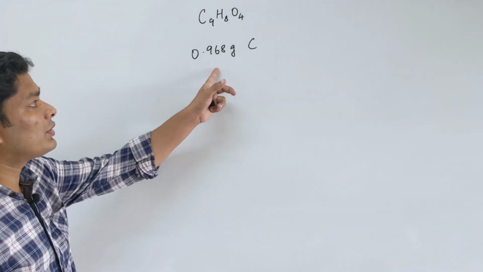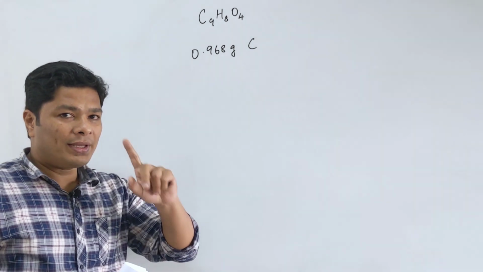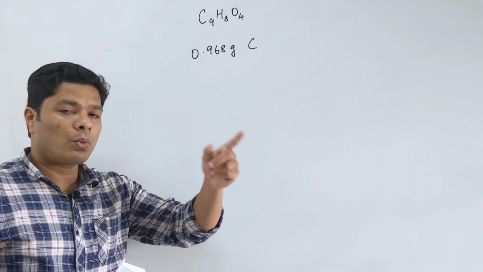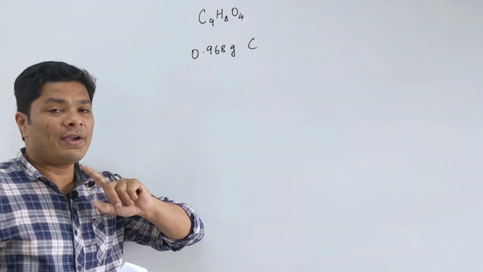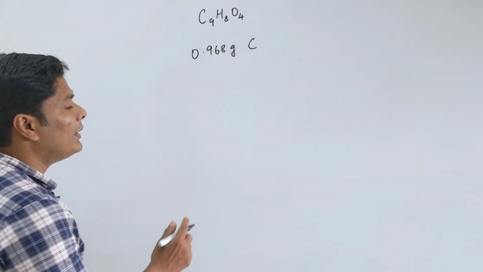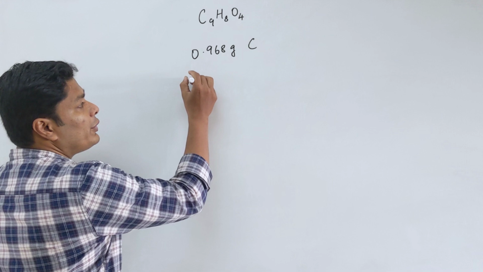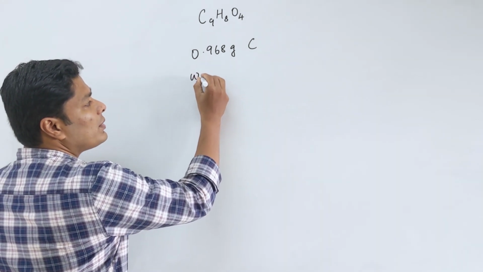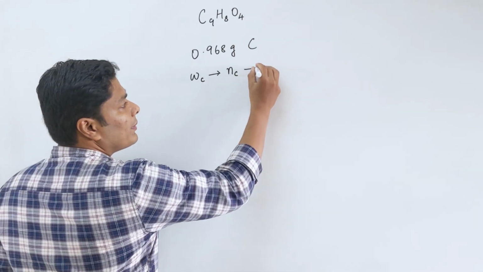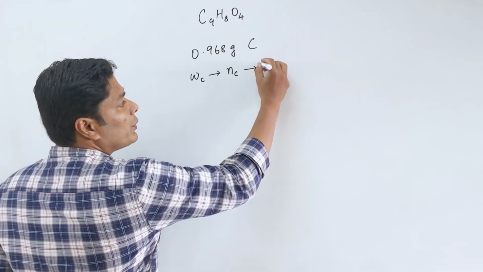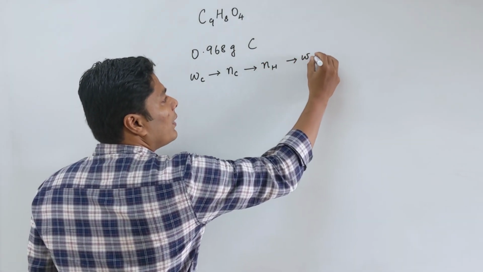So they give the mass of carbon and ask for the mass of hydrogen. I told you that in chemistry, when writing the schematic, the one thing that connects one element to another, one molecule to another, reagent to product or reagent to reagent, as we saw in limiting reagent, is moles. So we need to convert this to moles. I need to calculate the weight of hydrogen. This is the schematic: from the weight of carbon we calculate moles of carbon using molar mass. Then using the mole ratio, I convert this to moles of hydrogen, then convert it to weight of hydrogen.